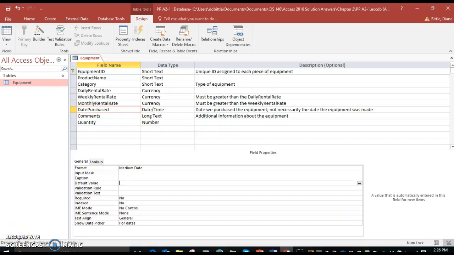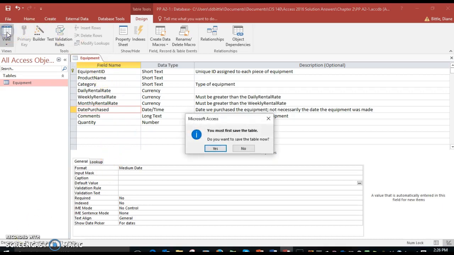Another property that allows the data user to consistently put the data into the database uniformly is to use what's called an input mask. Input masks are typically used for zip codes, social security, phone numbers, and date and time. If we take a look at this current